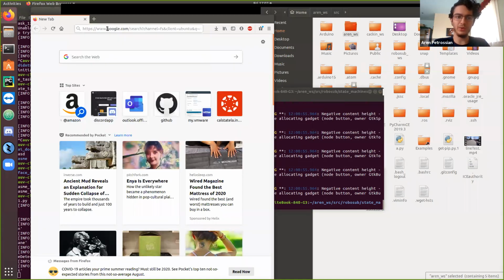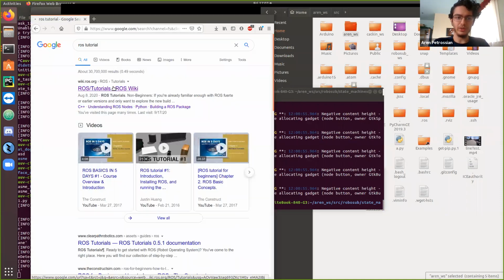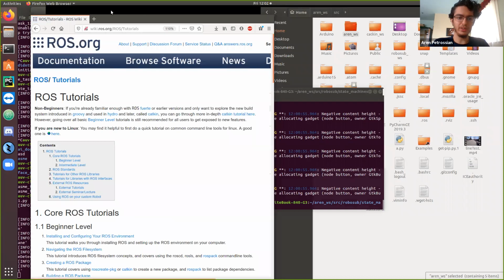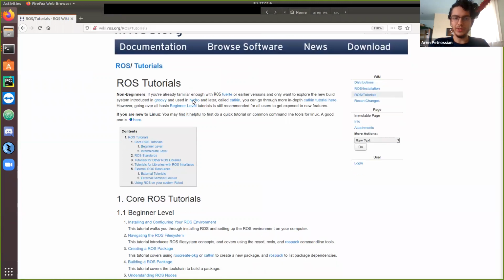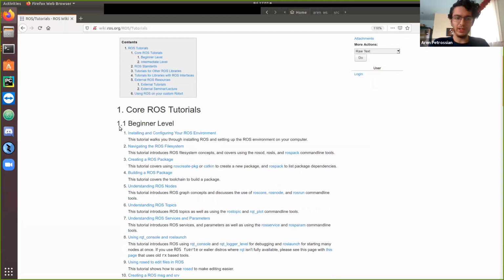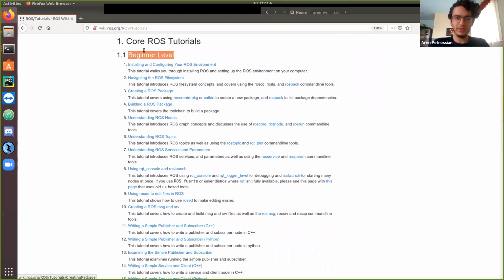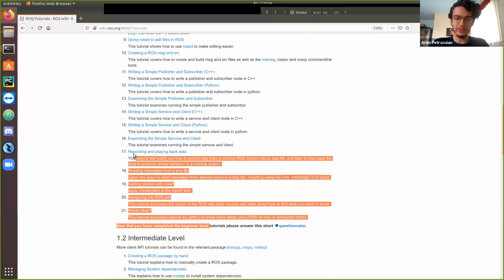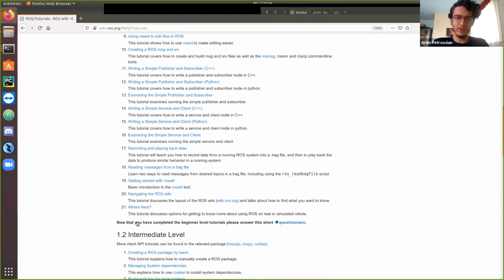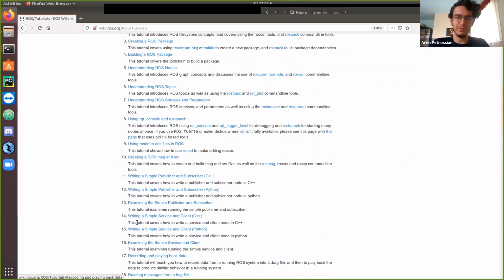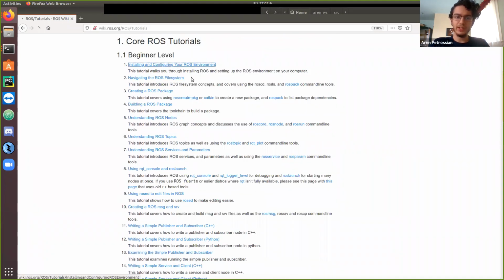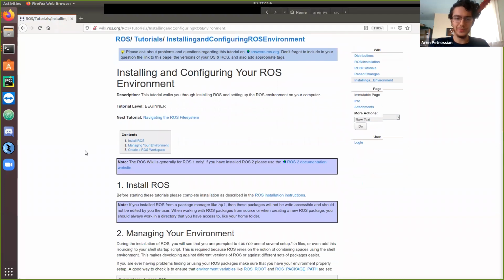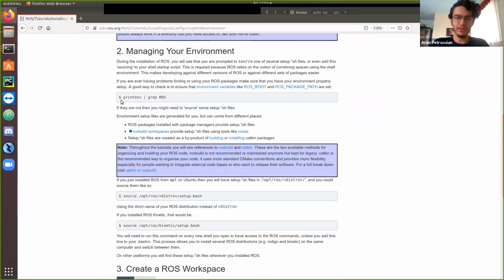So if I search up ROS tutorial and I click on the first link, if it lets me grab the window, there we go. You'll see it brings you to this ROS tutorials page, and these are the beginner level ones. Realistically, these are the only ones you really need, these first 20 or so, and most of them are pretty simple. If you start off with the very first one, this is basically installing ROS, and it tells you to type in printenv